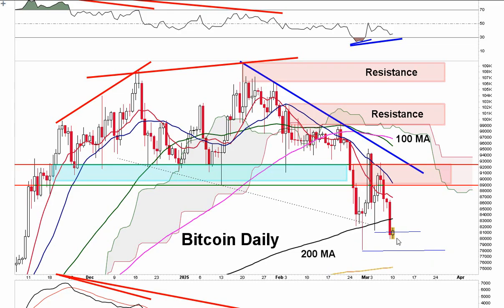But I think Bitcoin's in a bottoming process. Everybody's turned bearish on Bitcoin. They weren't bearish back when I called the top, the day of the top over here, when we got a rally on Inauguration Day and a reversal on the inauguration of President Trump. We weren't bearish over here when I called the December top, the day of the December top with the doji, and we turned off the major trend line of resistance in the weekly time frame at both of those highs, 108,000, 109,000. They weren't bearish.